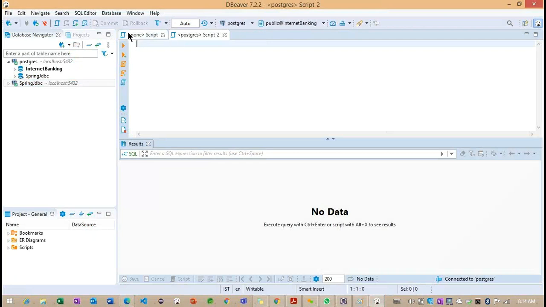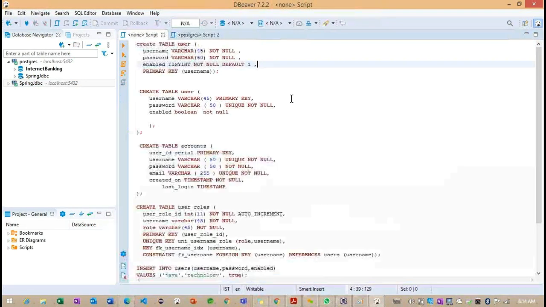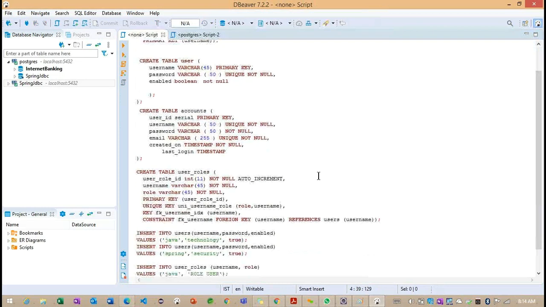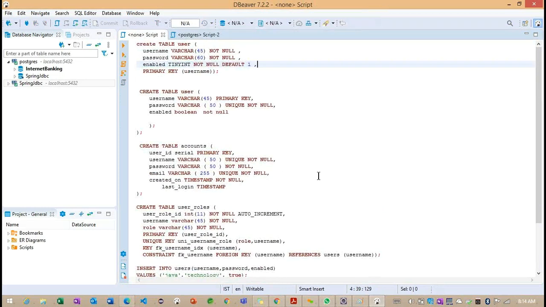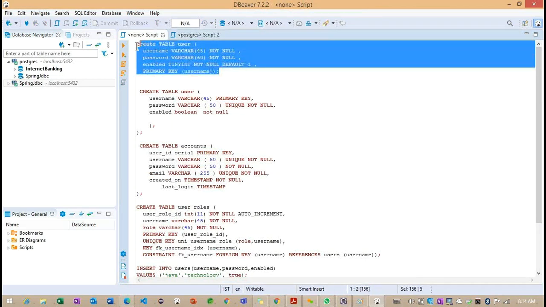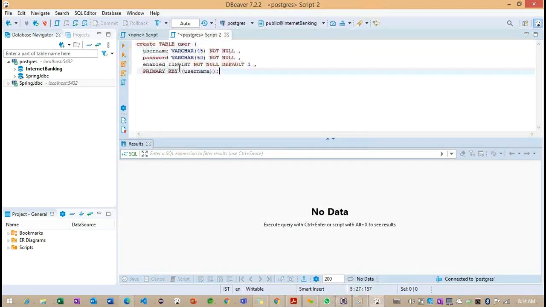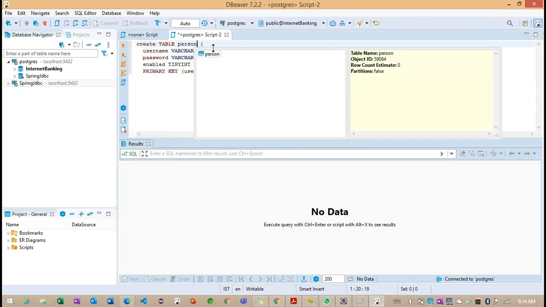What is the syntax here? Maybe these are the different tables we are having. Okay, I will copy this. In the previous example, I copied the table information. And what is the table we want to create here? Person.